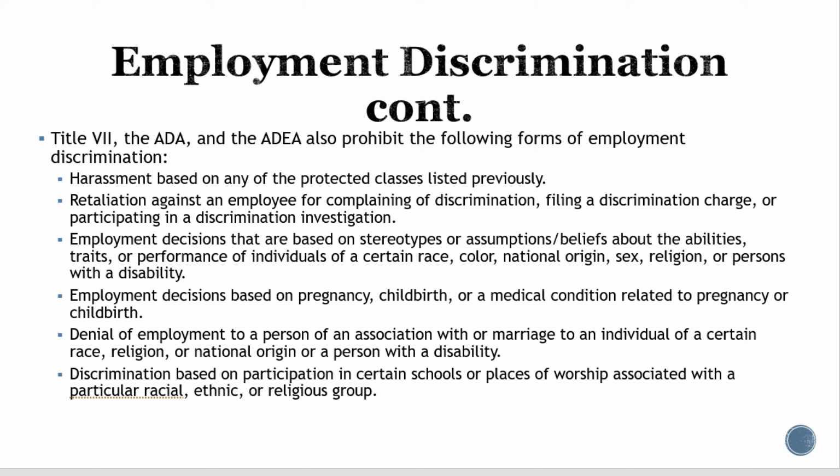Title VII, the ADA, and the ADEA also prohibit the following forms of employment discrimination: harassment based on any of the protected classes listed previously, retaliation against any employee for complaining of discrimination, filing a discrimination charge, or participating in a discrimination investigation, employment decisions that are based on stereotypes or assumptions and beliefs about the abilities, traits, or performance of individuals of a certain race, color, national origin, sex, religion, or persons with a disability, employment decisions based on pregnancy, childbirth, or a medical condition related to pregnancy or childbirth,